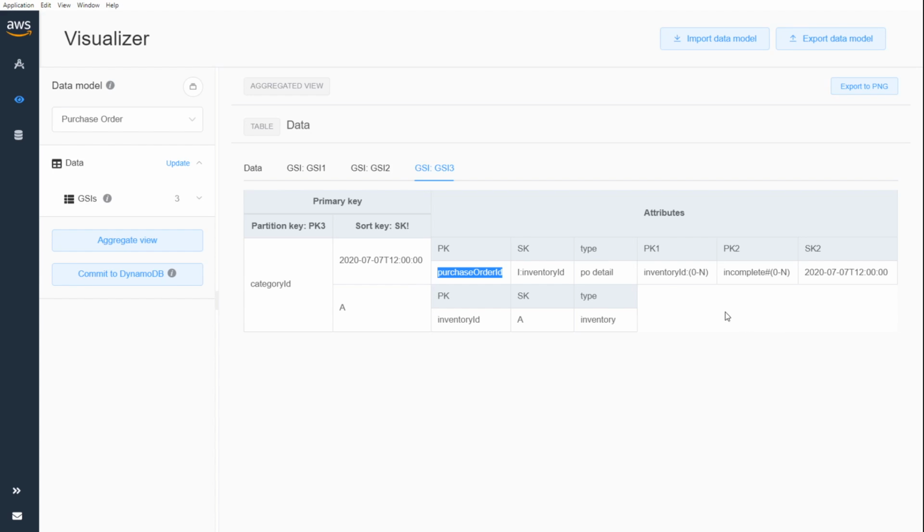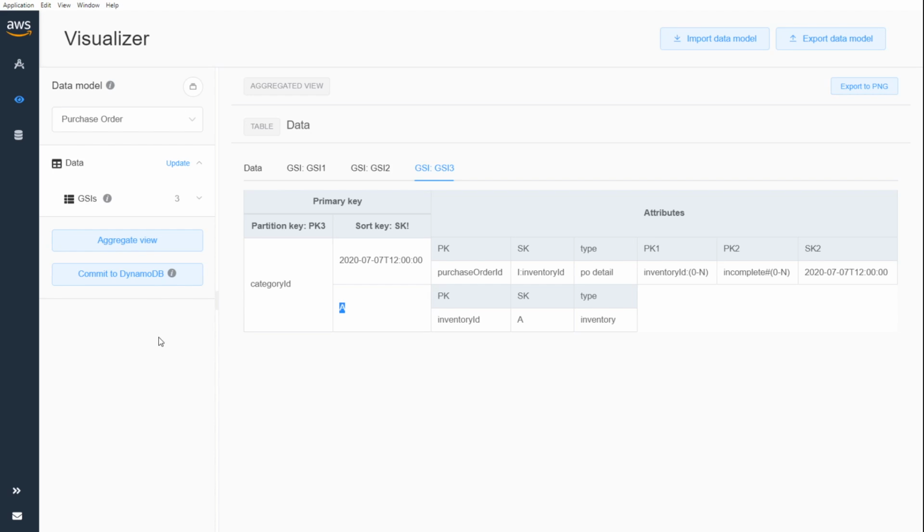I don't know if that's really valid in this particular workflow in this particular app, but there's plenty of apps where it is. Where I'm looking at, get me all the events in the last 30 days for this entity, and you also want the entity's metadata, and I don't want to denormalize it. Well, that's a great pattern to use. Index the entity on the same index using a sort key which is greater than any date condition, and then using a date range condition of greater than X, you'll always bring back the metadata as the last item. That's a little trick that we use quite frequently to reduce the number of round trips to the database,